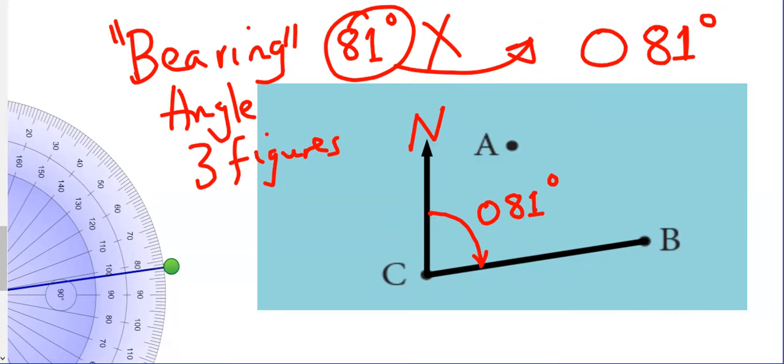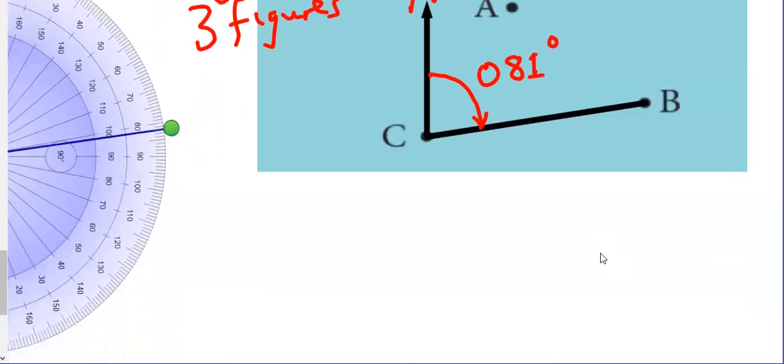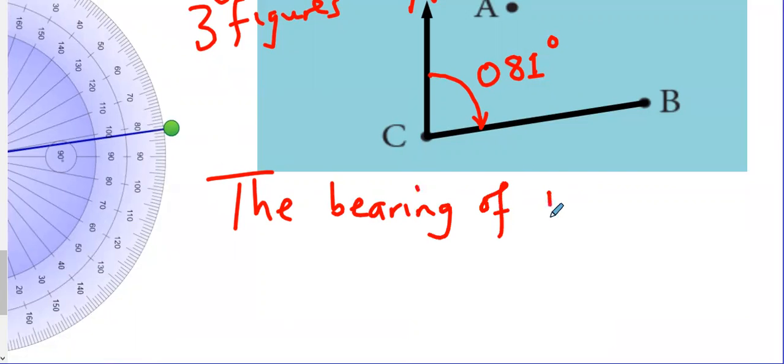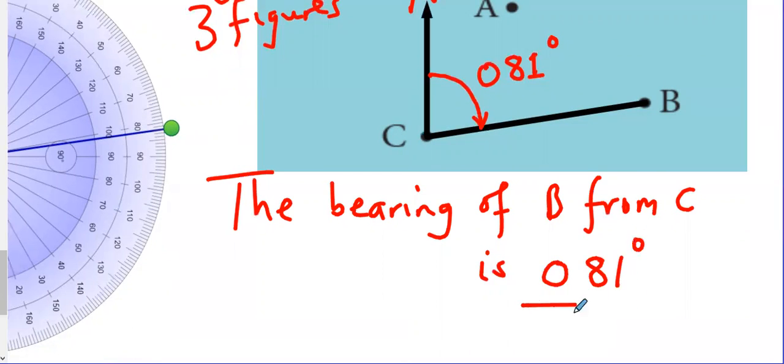Okay, so what is the bearing of point B from C? So here you're gonna write the bearing of B from C is 0.81 degrees. Okay, so don't be surprised when you are getting different answers, like the way I said before,